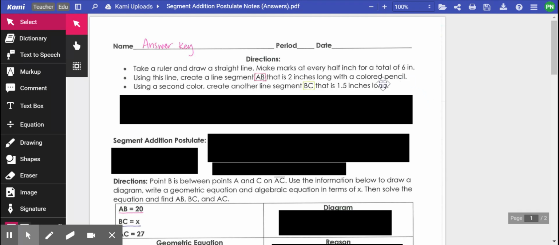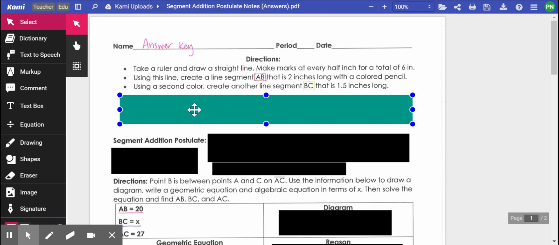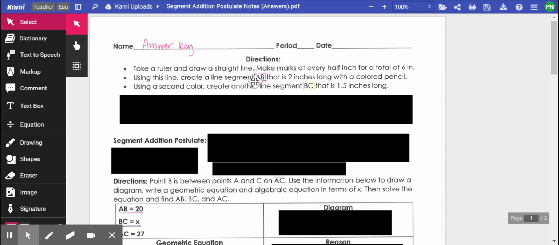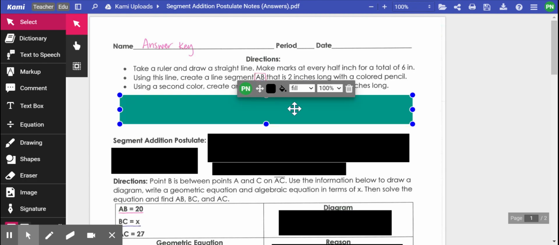So they're given that we have a line segment AB that is 2 inches long, and then another line segment BC that is 1.5 inches long. So if AB is 2 inches, and then B is being shared by both segments, and it creates another segment BC that's 1.5 inches long, you can probably in your head come up with